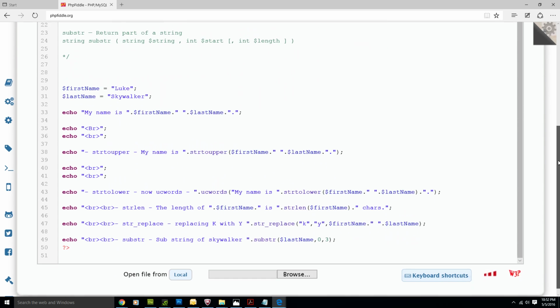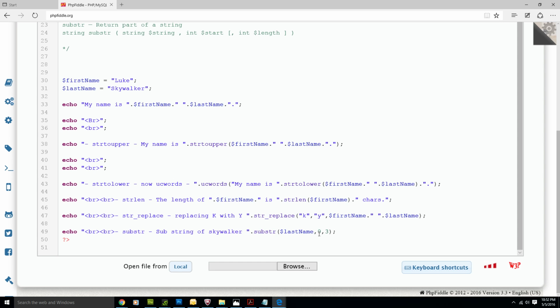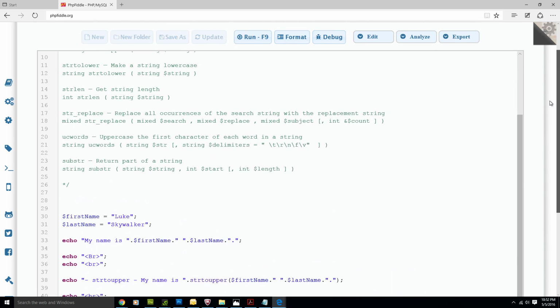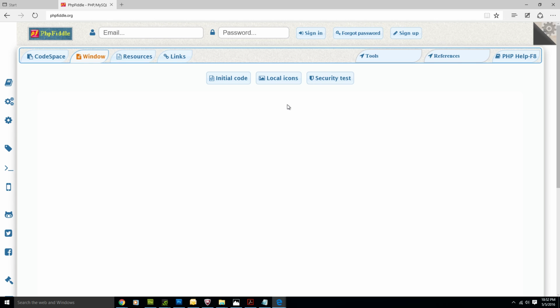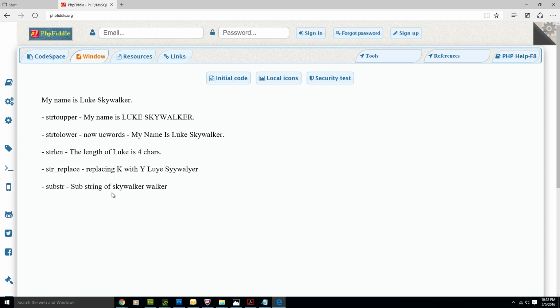So we're going to do substring of Skywalker, but this time we're going to start at the 3 position, and we're going to go 6 characters long. Okay, change that, go up here and run it. See, substring of Skywalker equals Walker. Yay! So now that you've mastered